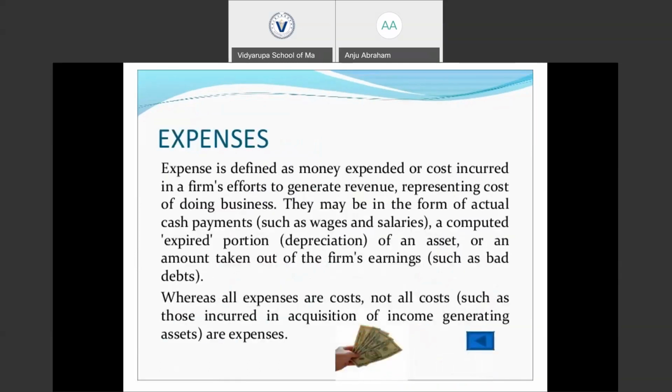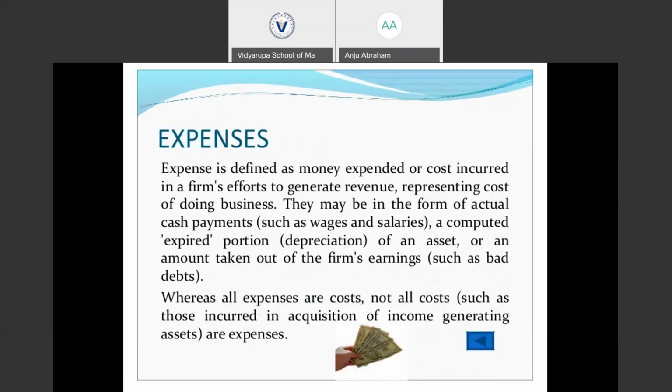Then we have the expenses, also called the overheads. These are the monies expended or the cost incurred by a firm in its effort to generate revenue, which is the cost of doing business. These are the costs incurred by the firm in order to carry out its operations.